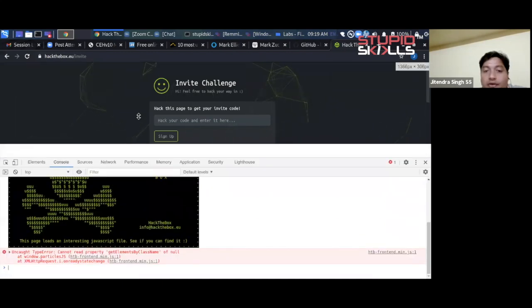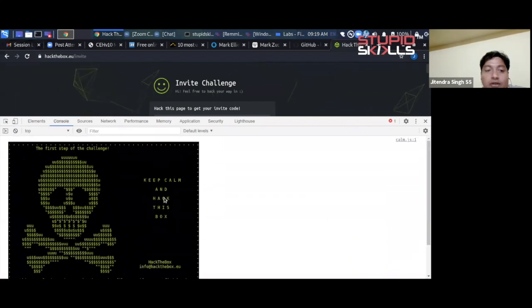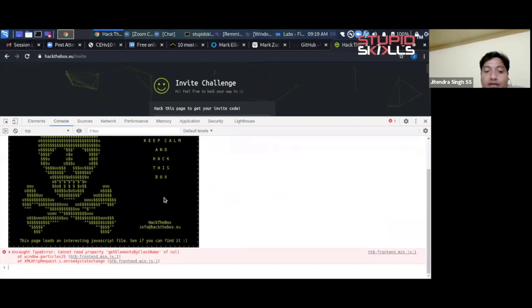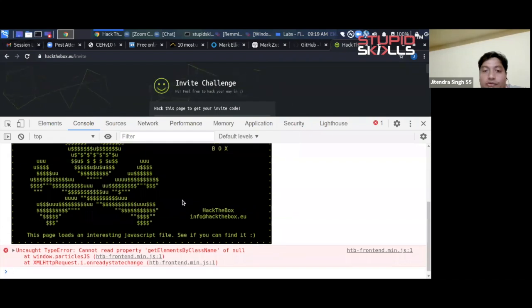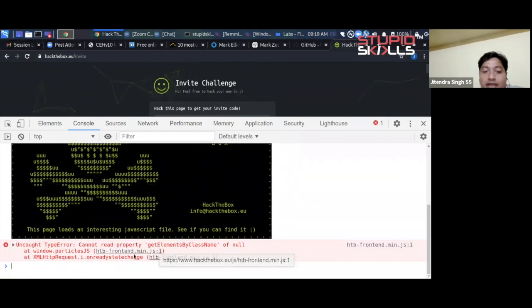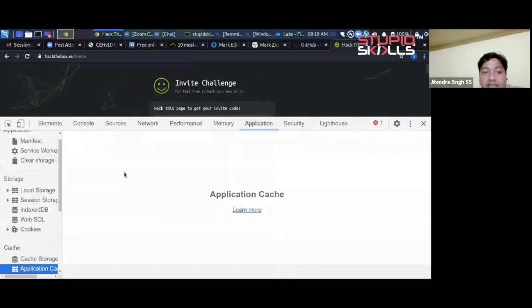If you look at the console, it gives you some kind of hint: this page loads an interesting JavaScript file, see if you can find it. You can do this small challenge, and while doing it, you will learn a lot about consoles, and it highlights a link to this particular JavaScript file. There was some kind of an error. So once you go to the Applications tab,